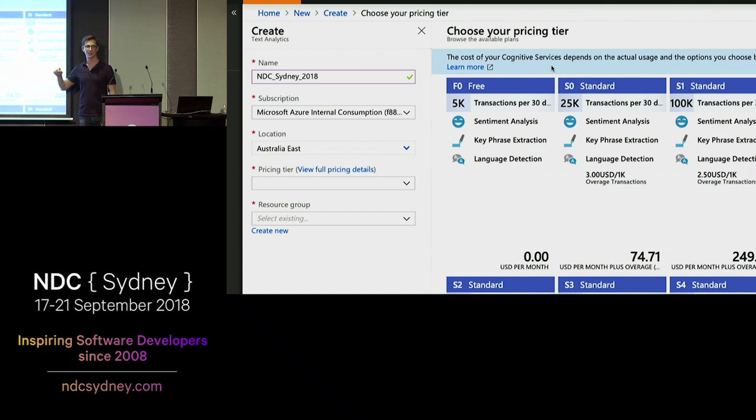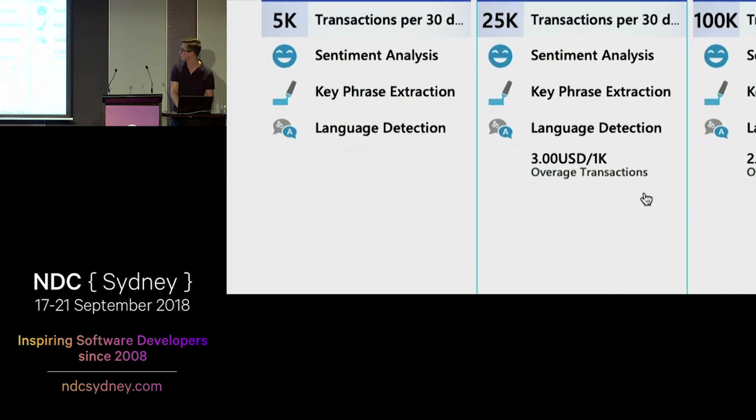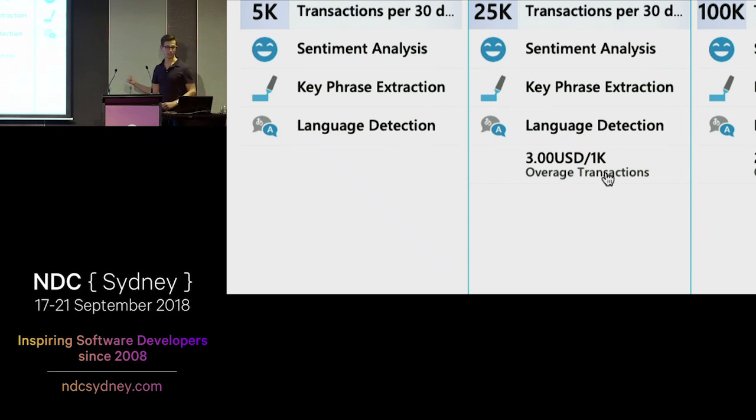But I wanted to bring this up just to show you something for when you do get started. If we look over here at the cheapest paid tier, the S0, it has a line item here that doesn't exist on the free tier. And I want to point this out. Let's see if we can zoom in so we can all read it in the back. It says overage transactions. So what that means is you get 25,000 transactions every 30 days when you're on this tier. But if you go over, Azure charges you a whopping extra $3 for another 1,000 transactions. So it's a super cheap service. They're not trying to nickel and dime you. This is here so that your service doesn't shut off.